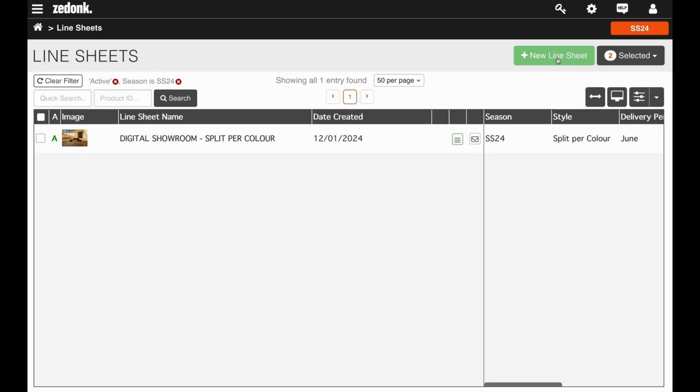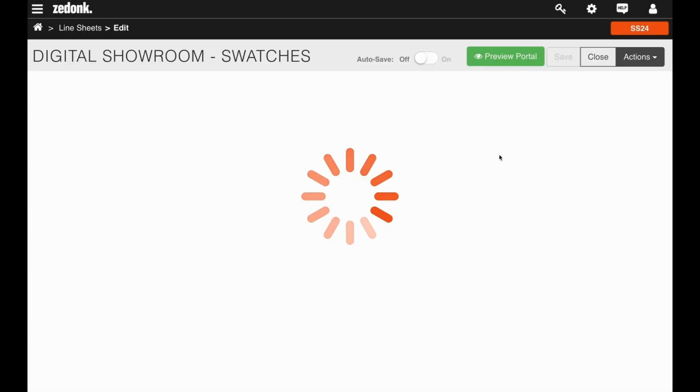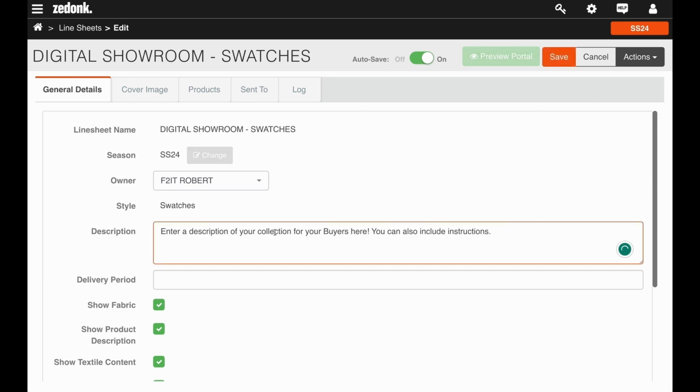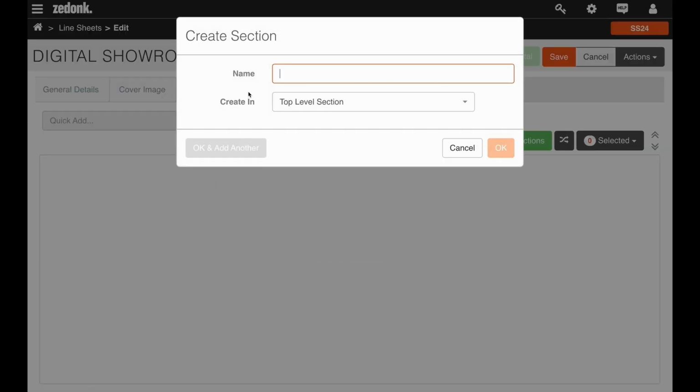To create a new line sheet, click on the green button in the top right corner, enter the name. This time I'll choose swatches as my style. I will use exactly the same details. I'll add a cover image, products,